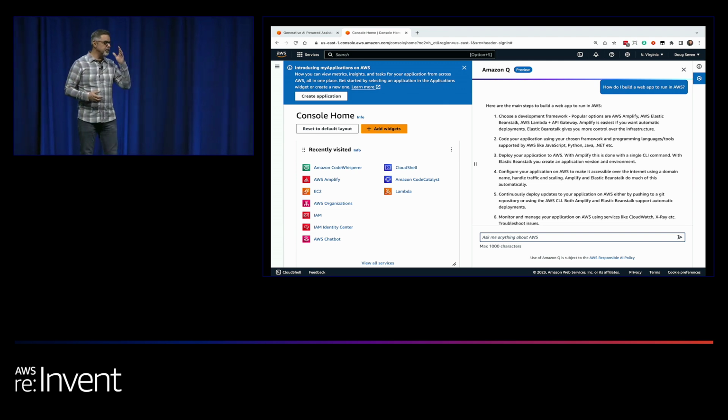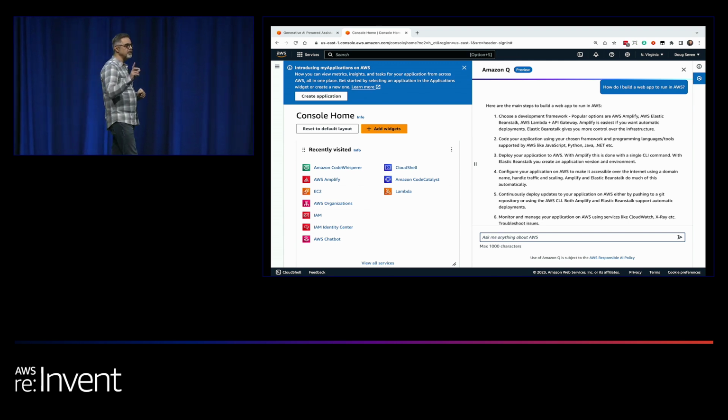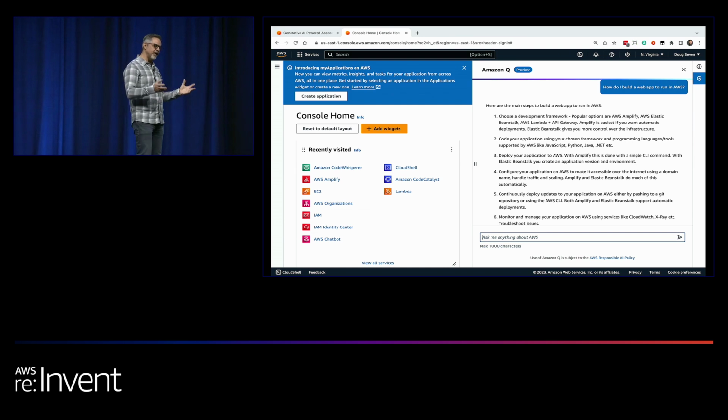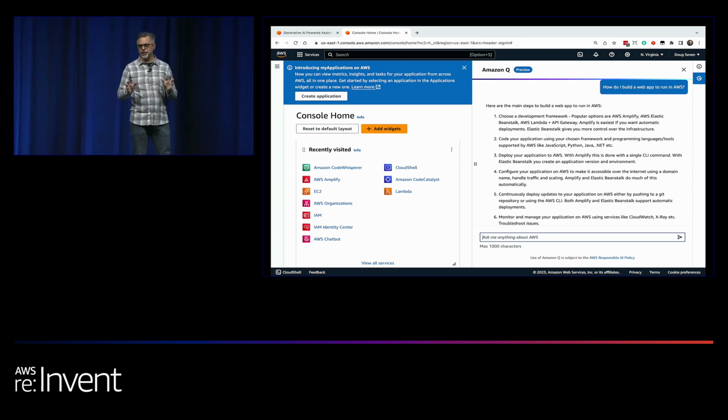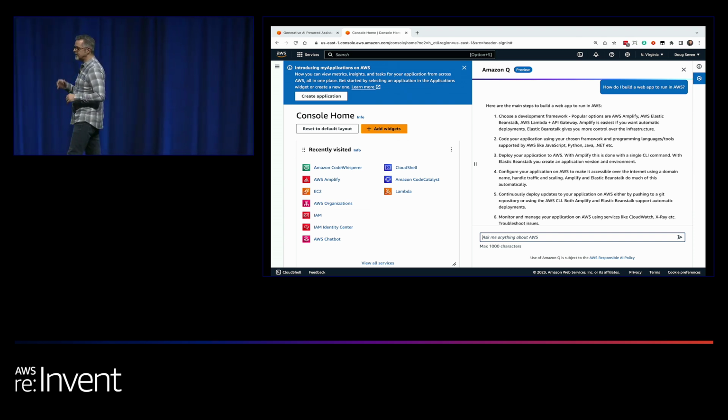So that code is your code. When you use tools like CodeWhisperer, the prompts that you send into CodeWhisperer, that's your IP. You own that. That belongs to you. The code suggestions that come out of CodeWhisperer, that's your IP. It's your content. It belongs to you. And so it's all unique and it's all new and it's all yours, which is super cool. And the same thing is happening here in the console.